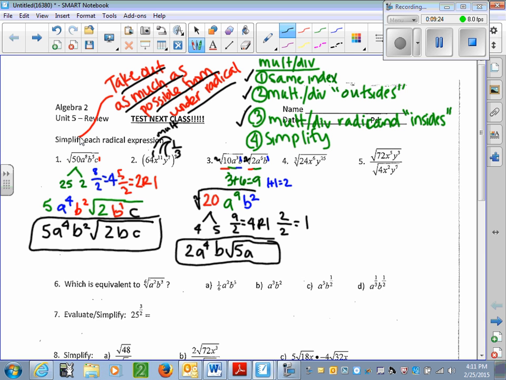Okay, so 5. Same steps as 3, except now you're going to just divide instead of multiply. And number 4 is basically the same steps as number 1, except make sure you're careful. Number 4 has an index of 3. It's not a square root. Okay? Okay, so let's go down to this next question down here,